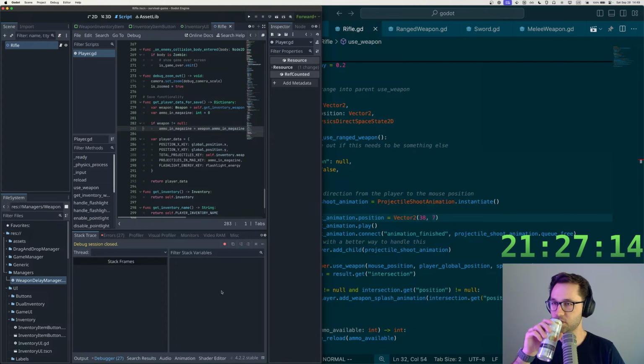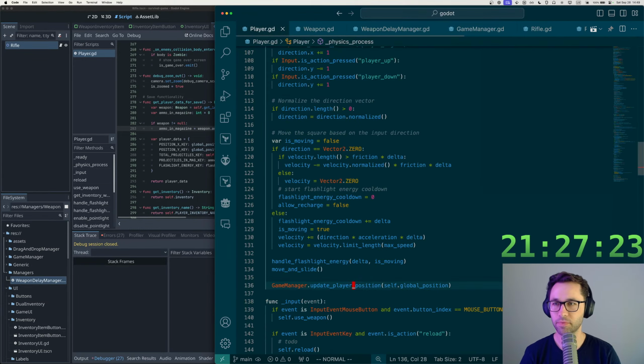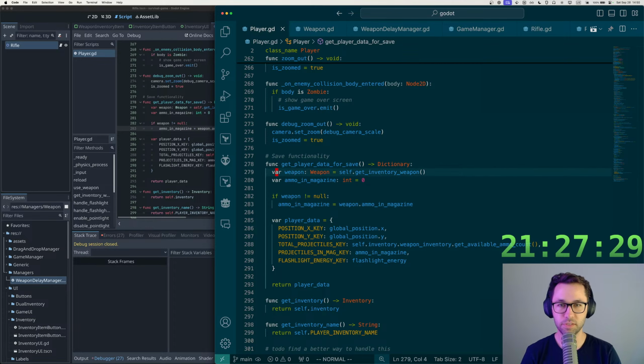All right, let's fix the save issue here. So it's in player line 283. So get player data for save. All right, so weapon is not equal to null. Okay, so we